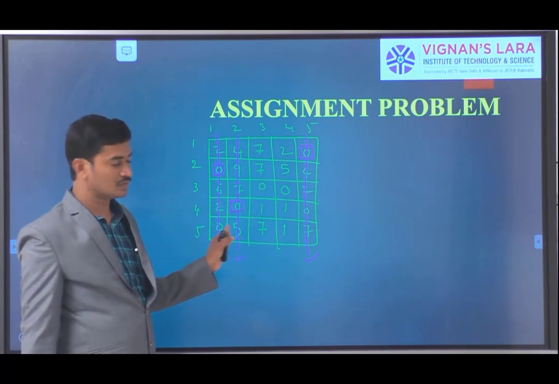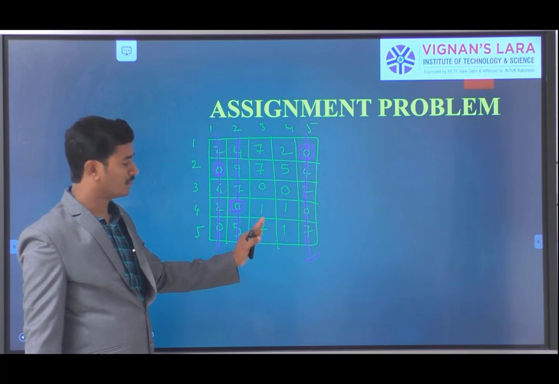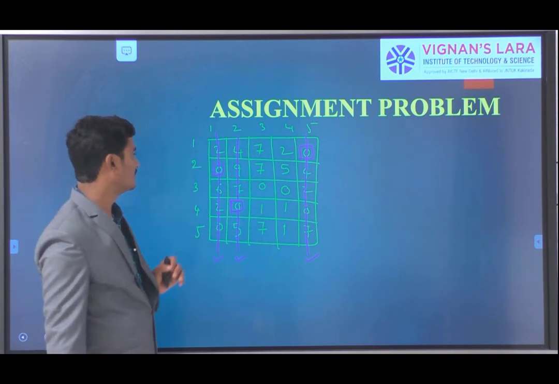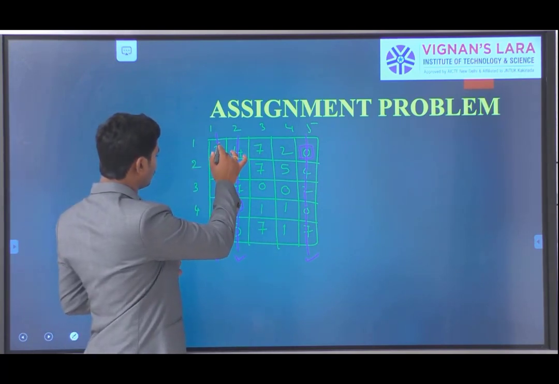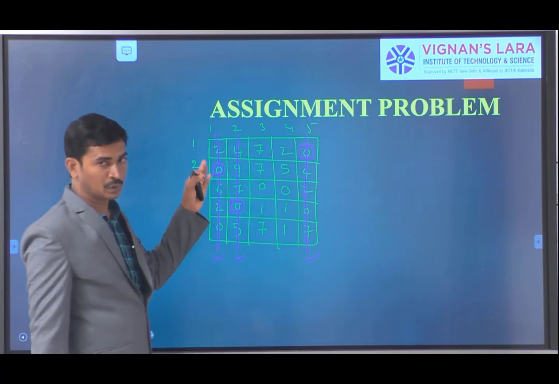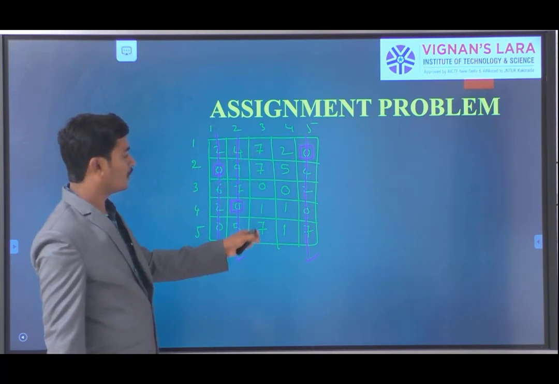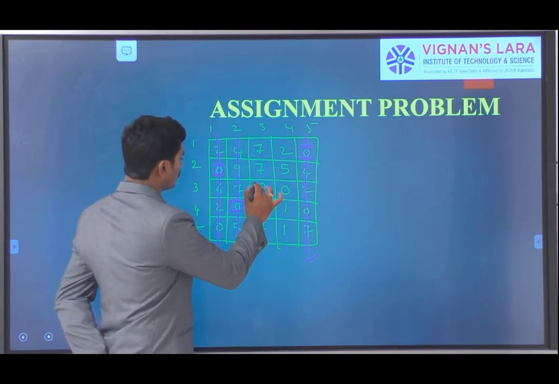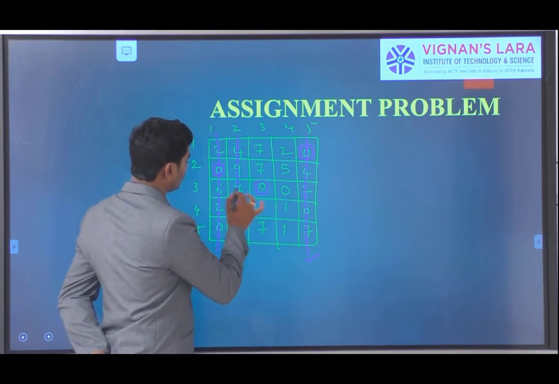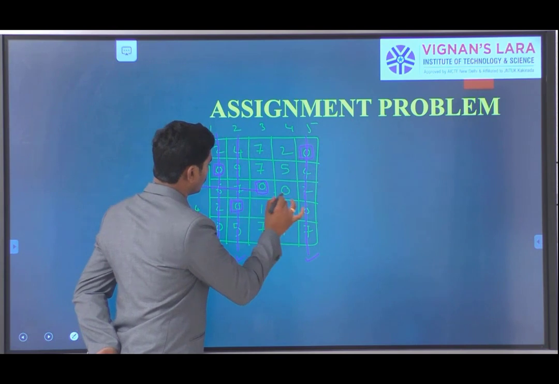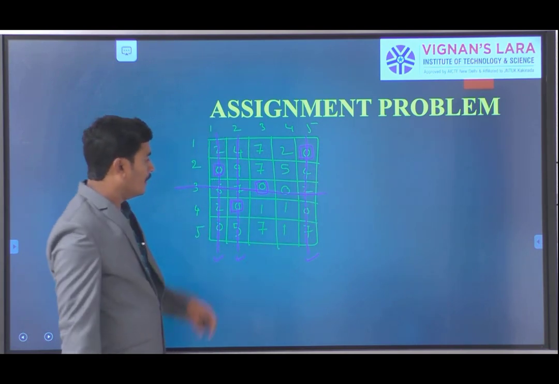Here there are no zeros, so we simply go to the column search. Coming to the first column, it is already deleted, so no need to search for zeros. Coming to the third column, here we have 1 zero. After this, we are going to draw the line like this.